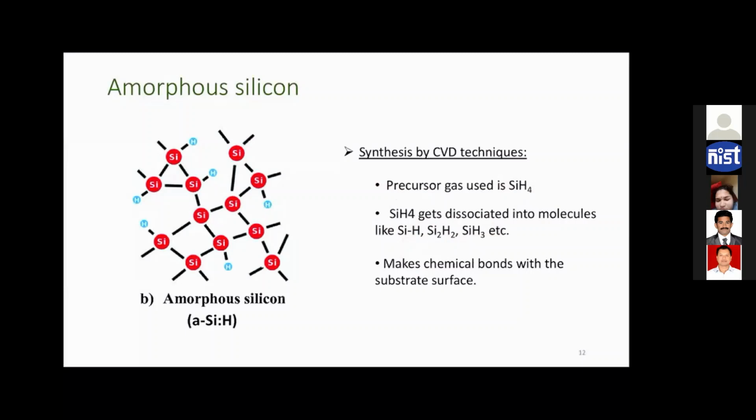Now it appears that the presence of hydrogen is actually beneficial in terms of its electrical property, because as you can see, the hydrogen is passivating most of the dangling bonds, or it is reducing the overall defect states inside your amorphous silicon. And the effect of hydrogen, as much as possible, you can choose by controlling the deposition technique. Even you can make such superior electronic property amorphous silicon that you can form a thin film amorphous silicon solar cell of efficiency even greater than 10%.